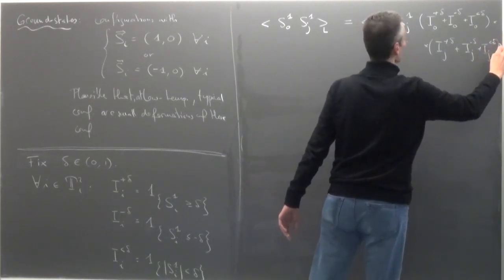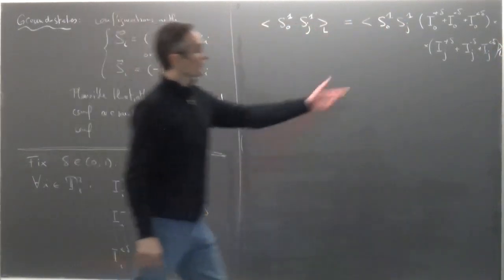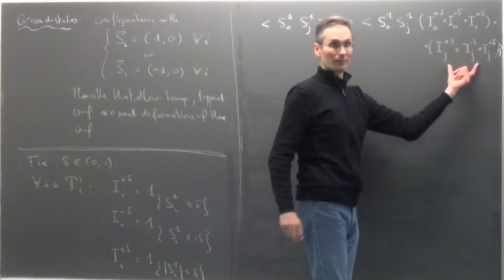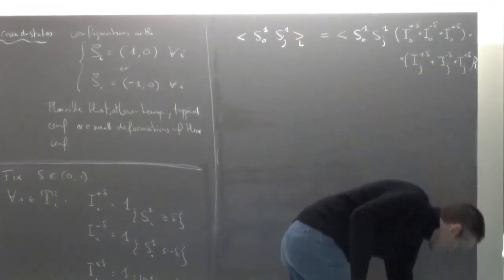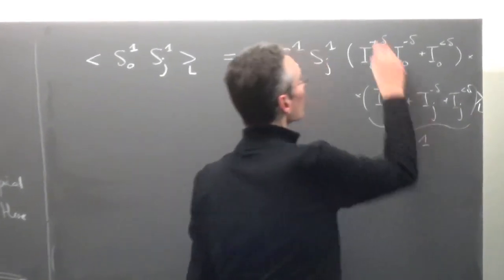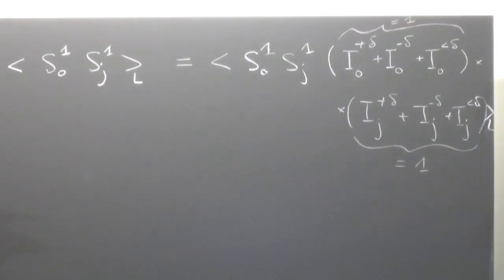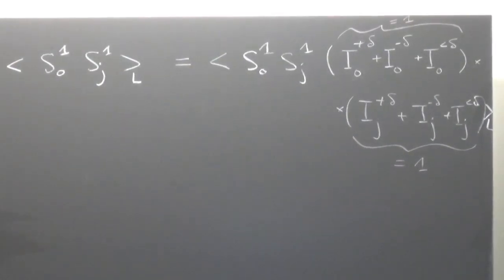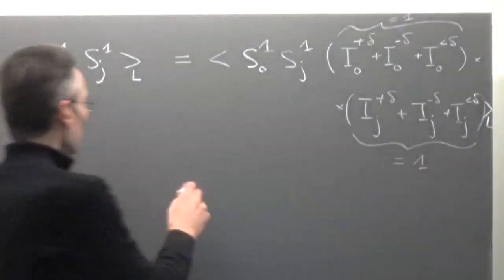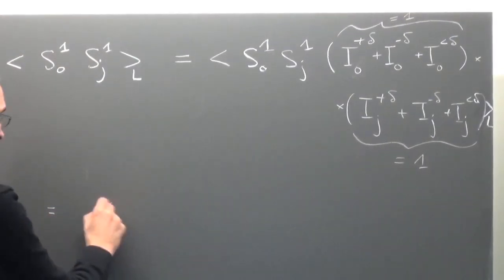And then you get the expected value. That's obvious because this is equal to 1 and this is equal to 1. Okay, but I've just inserted 1. Not done anything. And now I expand the product. So what I get, let me maybe do it here. So we get several types of terms.